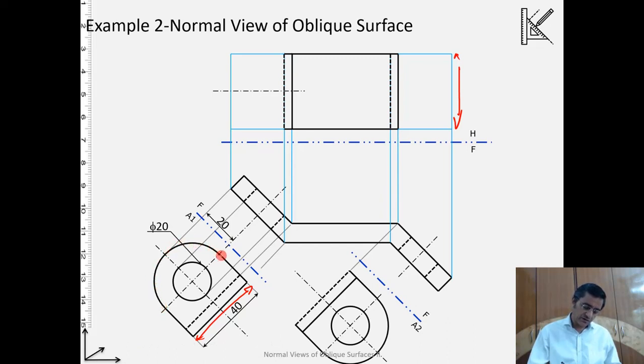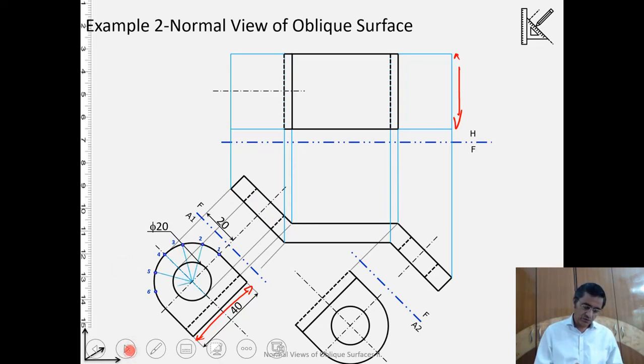This arc I want to transfer to the horizontal projection. To transfer this, I will be marking some points on the arc. So you will notice some points have been marked here. If I give these points some numbers, 1, 2, 3, 4, 5, 6, 7, that is how the points have been marked here. Corresponding to all these points, I will be taking the projectors to the frontal, first for the bottom view or bottom face, and then second for the top face. And then we will be taking it to the horizontal.